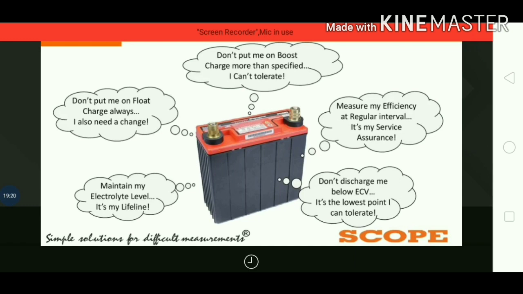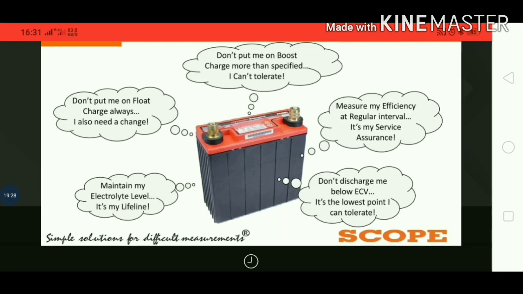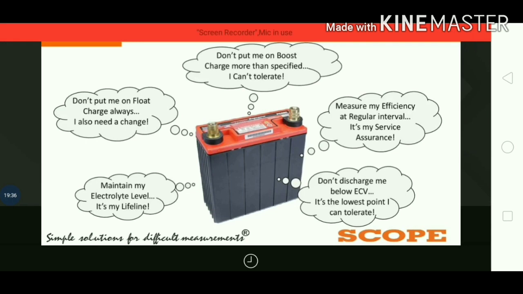So that is why you need to maintain the electrolyte level. Now, don't always keep the battery in float charge, because it needs a change. Whenever you are doing the charging, initially the voltage has to be raised to a nominal value. So that is why boost charging is required. After that, you can charge